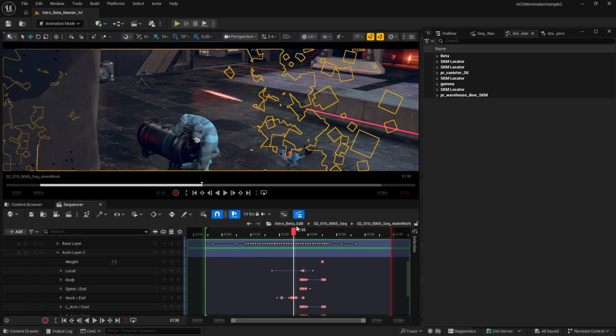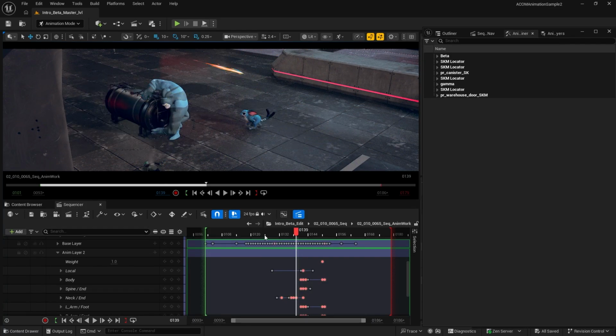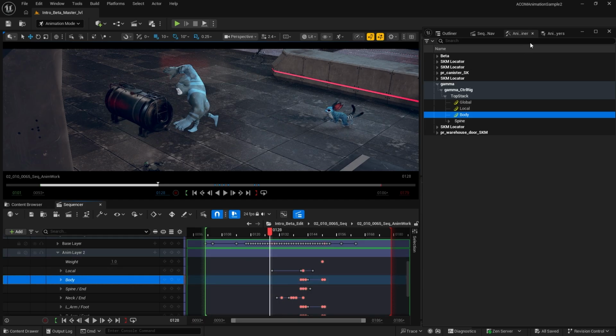But here in our case, I would like to press G to unselect everything. And here we are, we have our animal character moving in arcs. So let's see the motion trail. As I said, we would like to select the body part. We can either do it from the anim outliner or from here. Once you do that, all you need to do is go up.